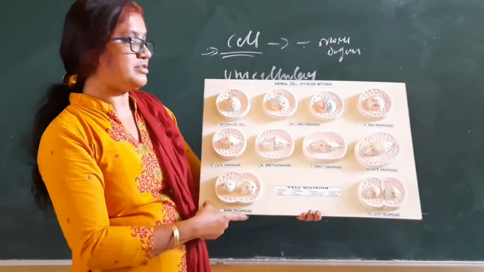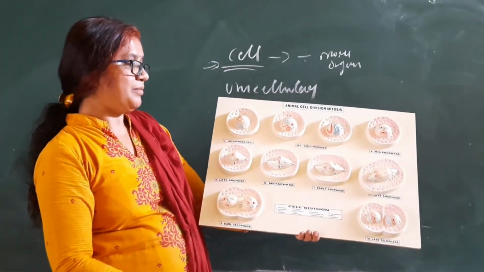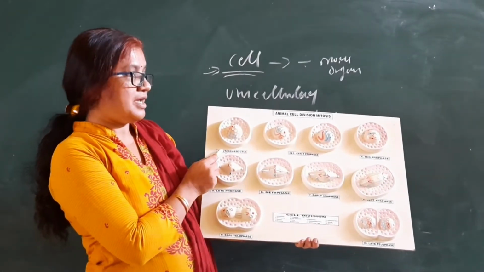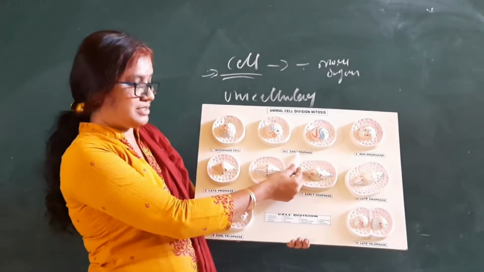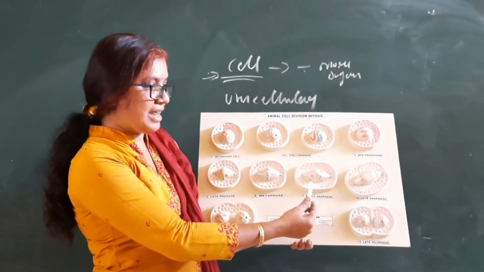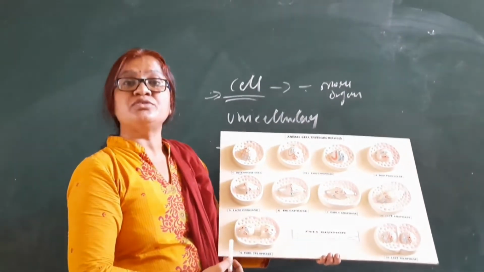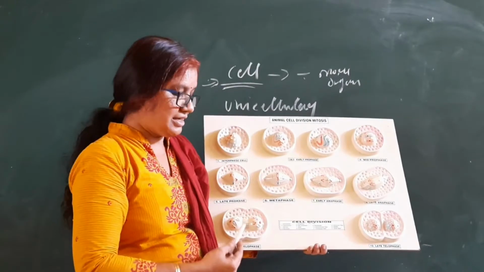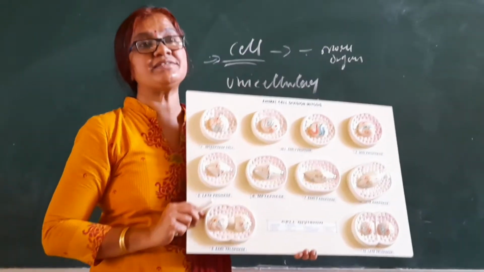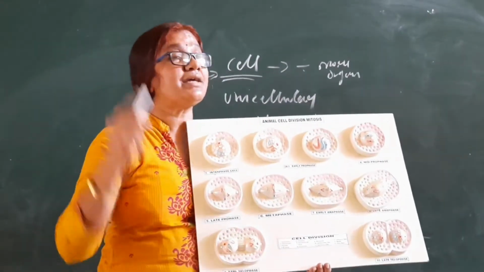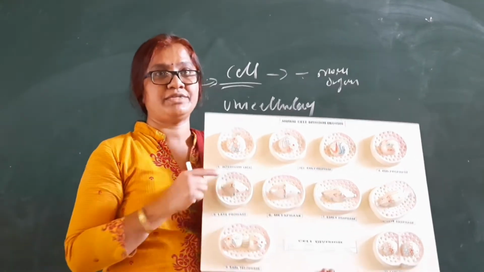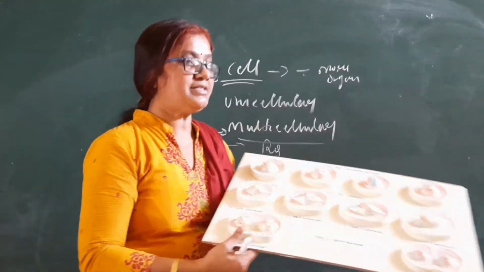Now, how does mitosis take place? Very simple. The preparation stage, that is interphase, and then it enters into prophase, metaphase, anaphase and telophase. So 4 stages. As a result, it gives 2 daughter cells. Mitosis takes place in all vegetative cells, like in the hair, in the nails, in the skin, everywhere. This is mitosis. And next is